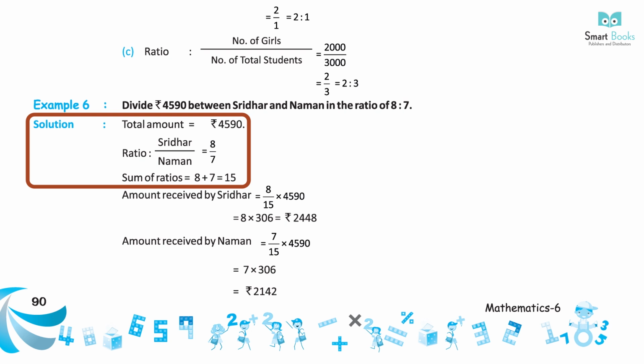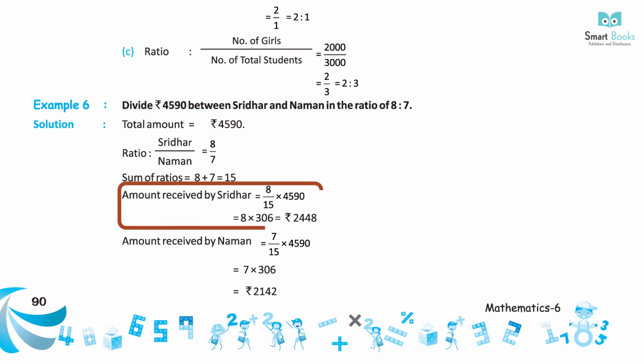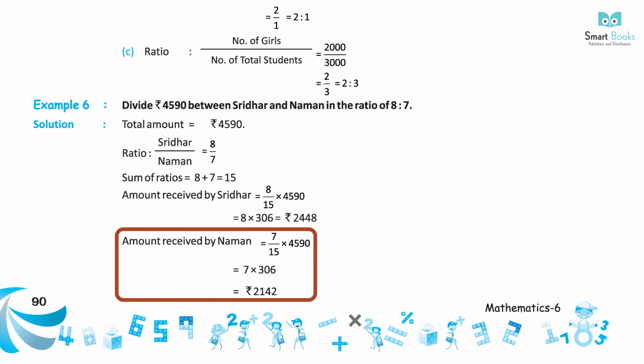Sum of ratios equals 8 plus 7 equals 15. Amount received by Sridhar equals 8 upon 15 into 4,590 equals 8 into 306 equals rupees 2,448. Amount received by Naman equals 7 upon 15 into 4,590 equals 7 into 306 equals rupees